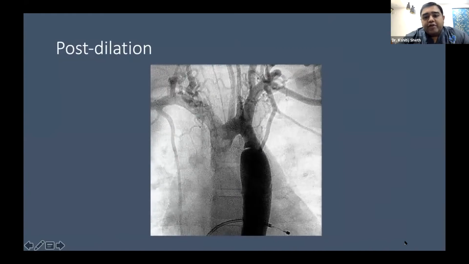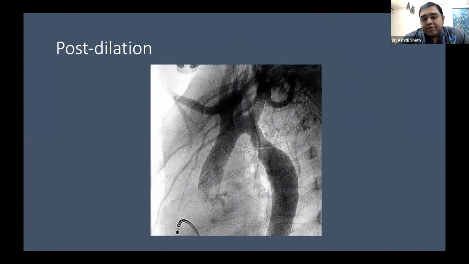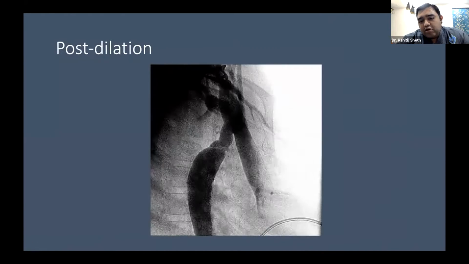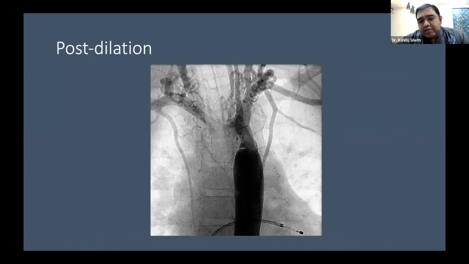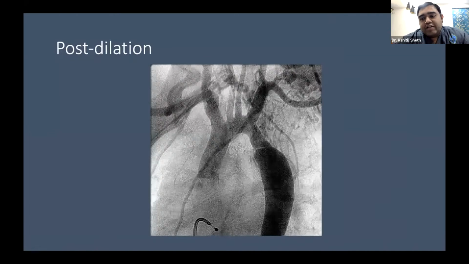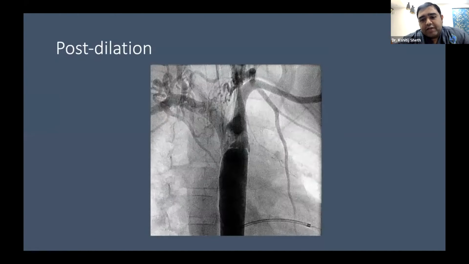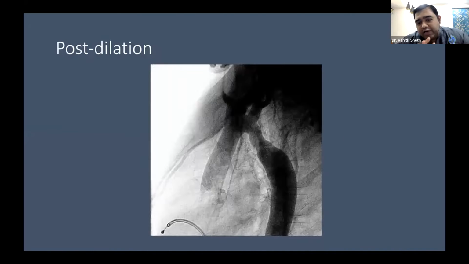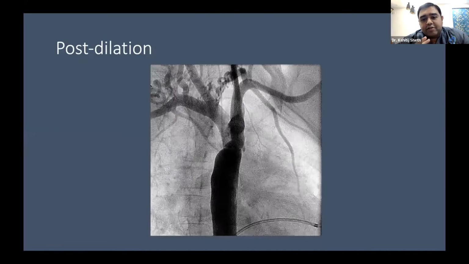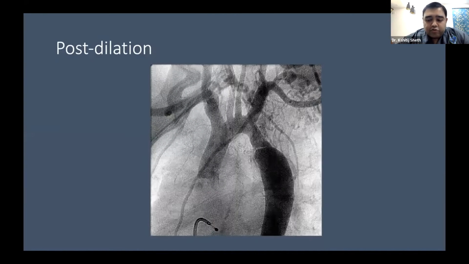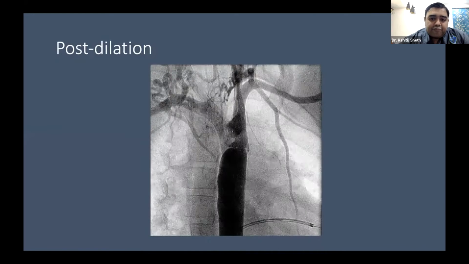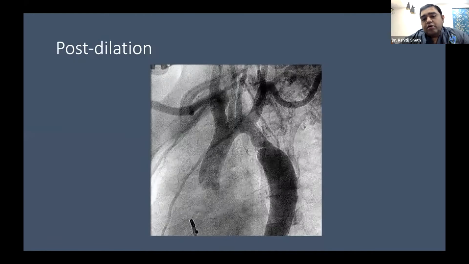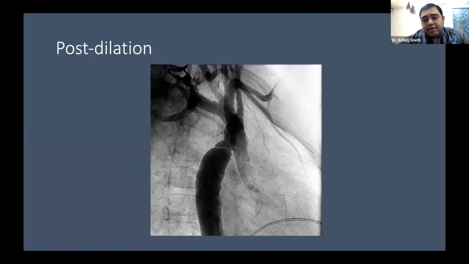And this was the angiogram which was done after balloon dilatation. You can see that there is a small intimal flap which has been raised. Had it been a conventional angiogram, it would not be appreciated, but here it's very well seen because you are seeing it in multiple planes, and you can see the C-arm moving all around. This is something which is very helpful while using rotational angiography.